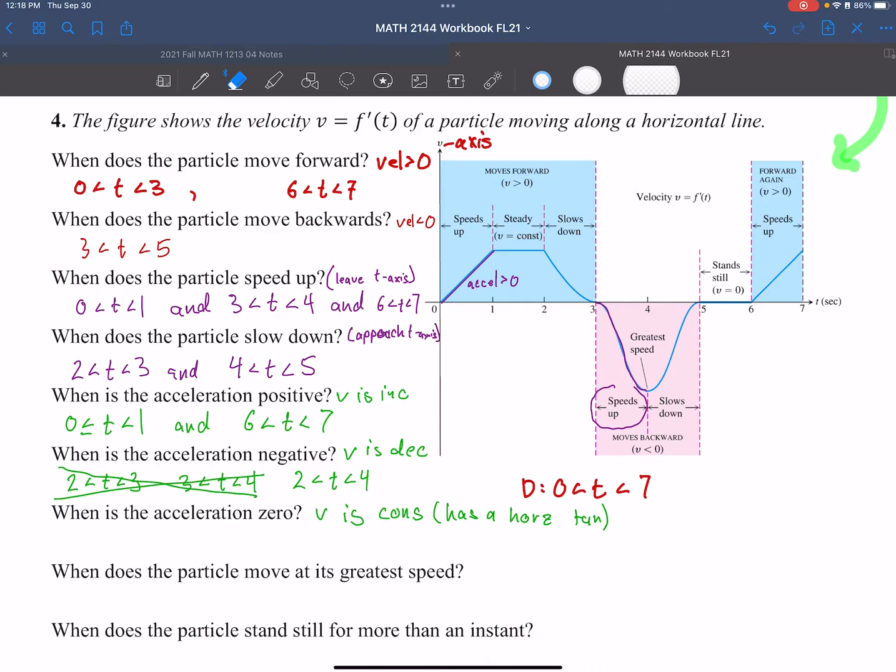So there's a couple scenarios. It is right here. It is just keeping a steady state. So it's going to be 1 is less than t is less than 2. There's also going to be right here, where it is actually completely stopped. So this is going to be 5 is less than t is less than 6. And there's one more spot